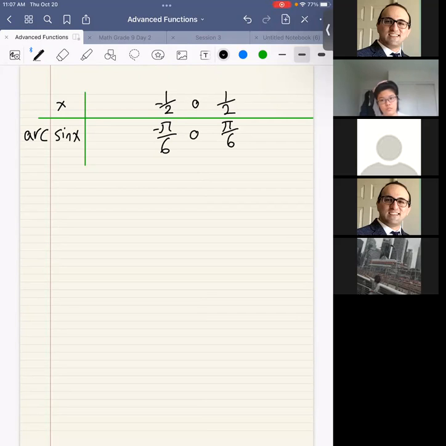And we also have numbers like √3 over 2. The arc sine of √3 over 2 is pi over 3. And then the arc sine of 1 is pi over 2. And the arc sine of -1 is -pi over 2. These are just sample values for the function arc sine. Okay. So similarly, I can define